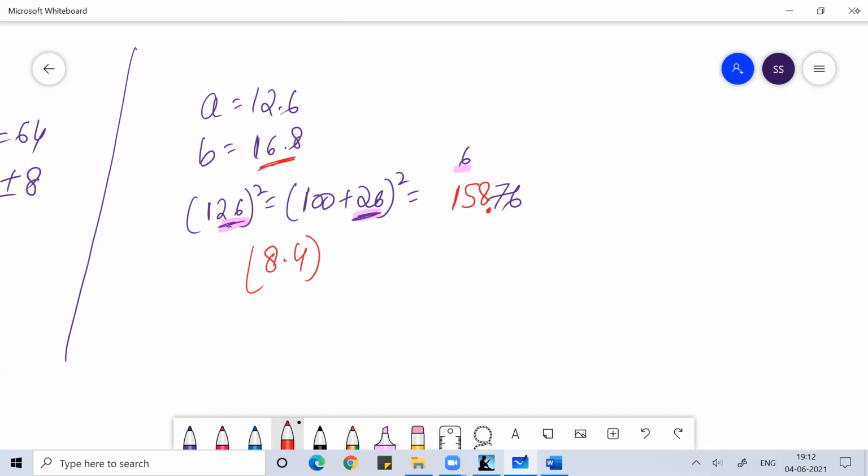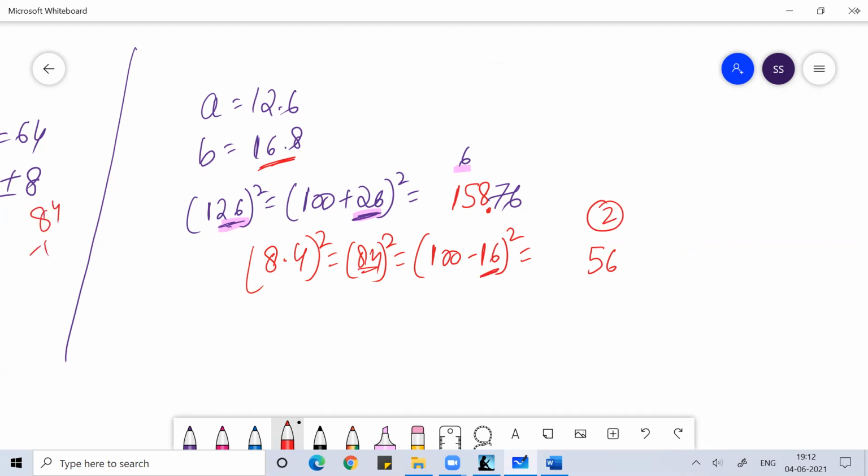8.4, 8.4 square. So 84 square. I can write 100 minus 16. 16 square 256. Write 56, 2 carry. 84 minus 16 will be how much? 8 से 14, plus 4. 7056. 8.4 square will be 70.56. So I'll check